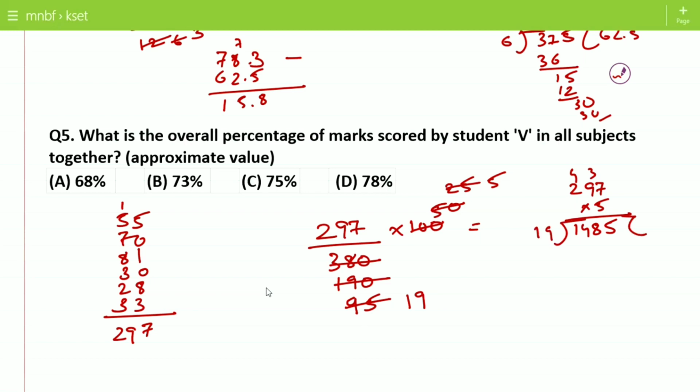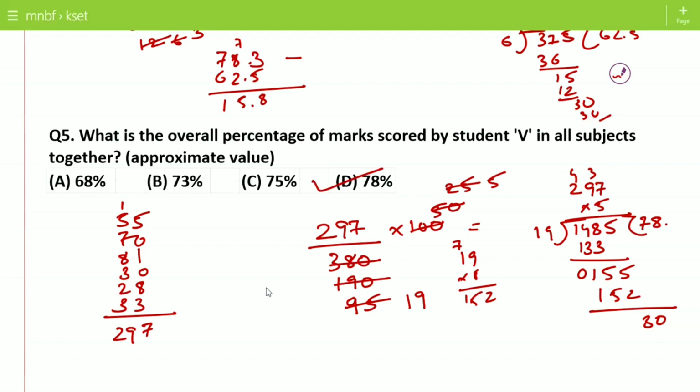So again, as I said, if we get this type of sum, you can go with the nearest value. So the nearest value is 20. So 20 into 7, 27s are 1400. So 19 7s are going to be 133. The nearest value is going to be 133. So you remain with 5, 15 and again one more 5. So 155. Again 20 into 6 are 120, 27s are 140 and 28s are 160. So 19 into 8 is the nearing value. So 19 into 8 we are going to get 72 and 152. So 152, you get 30 point 78 points. So approximately it is equal to 78.